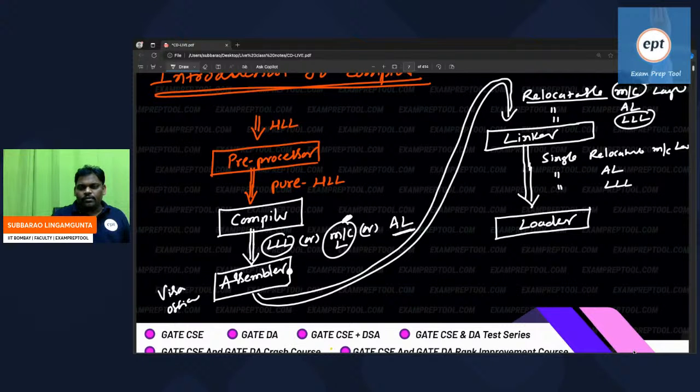Like that, you are Indian, you want to go to US, you compulsorily have to take a visa. Without a visa, if you go from India to US, some problems will come. This is called relocatable machine language. Previously I had machine language, now also machine language, but it's relocatable. In the previous one, there may be some problem, like going from India to US without visa and passport. Same thing here also. Is there anyone who has a doubt till now?